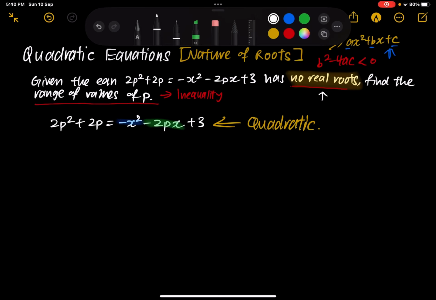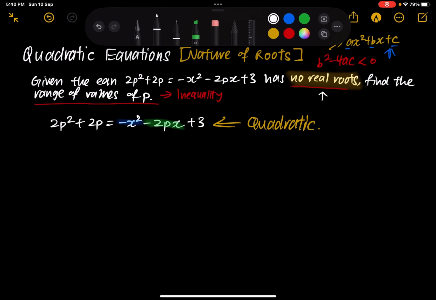We're going to be doing nature of roots, quadratic inequalities in A maths. Okay, so we have this question. Given that the equation has no real roots, find the range of values. Now when we come across these types of questions, the first thing we ask ourselves,